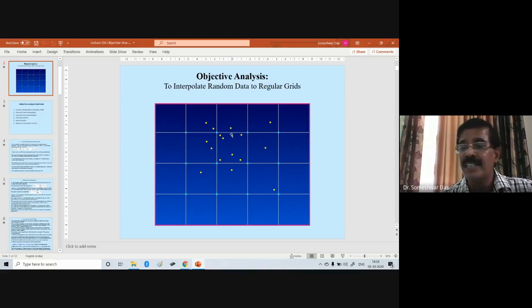Obviously, the farther we go away from this location, the lesser will be the influence of the observation on this point. An observatory which is closest to this grid point will have the maximum influence on this grid point, right? For example, the maximum influence of observations at this grid point will be from Jaipur or Ajmer, because that is the closest to the campus. So observations from Jaipur and Ajmer will have the maximum influence here.